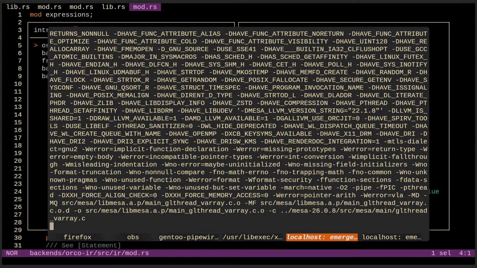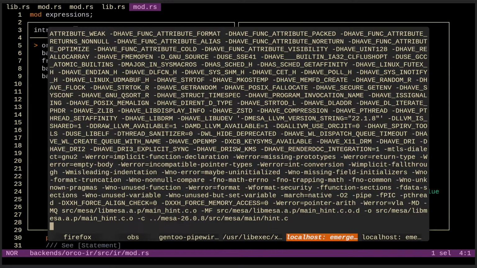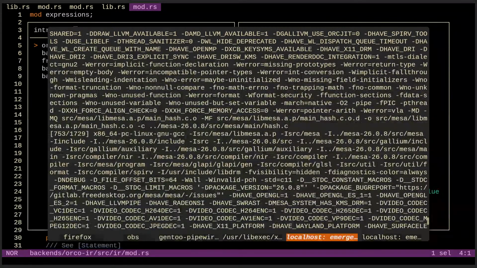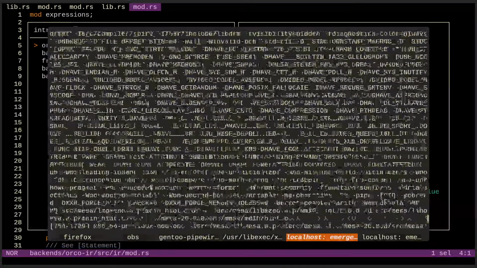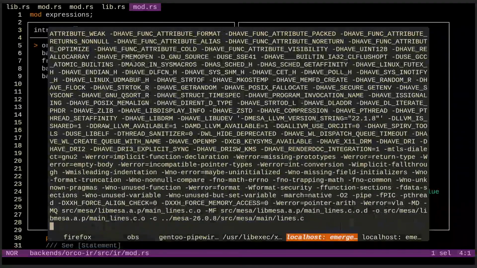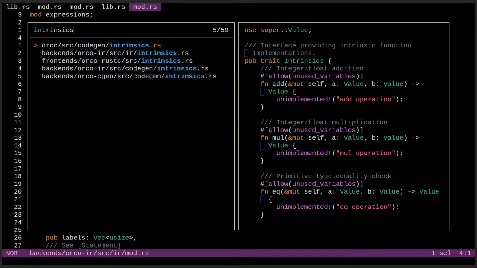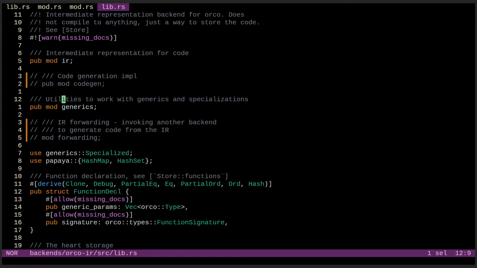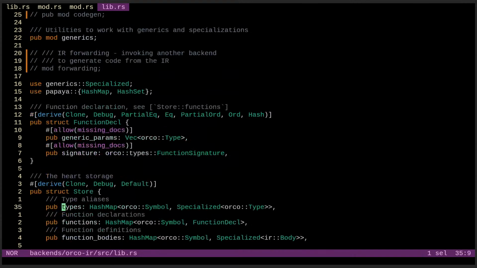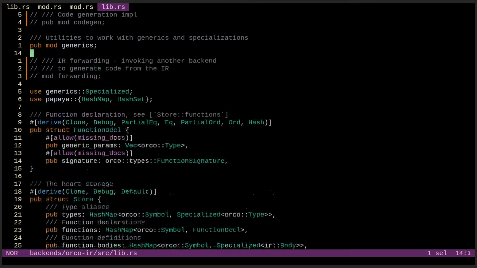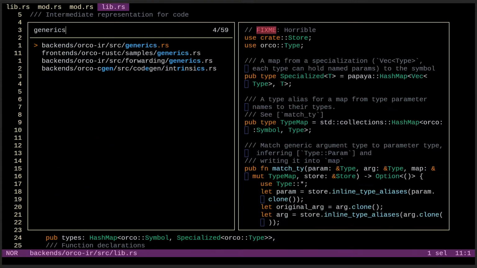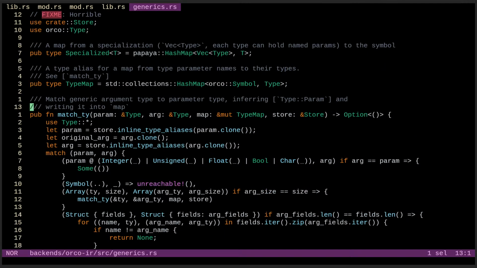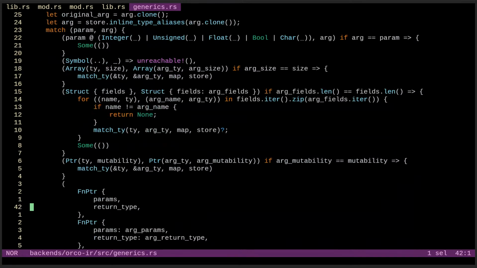So yeah. Wires there. Did it? Yeah, it broke. Well, IR, right. We have generics. Here we have a bunch of code that I really don't like.